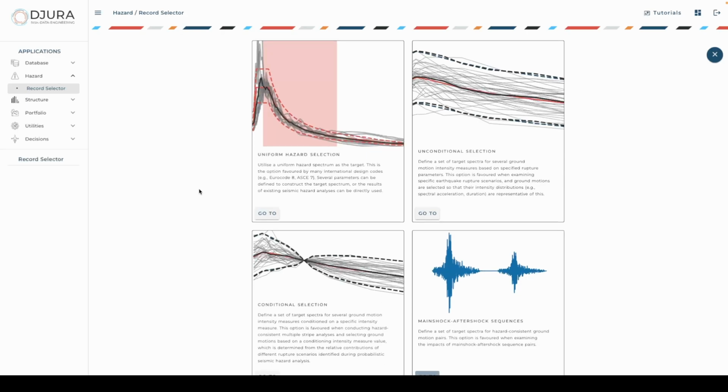In a previous video, we've looked already at the uniform hazard selection, where the main focus is trying to select ground motion records according to what the building codes require. And we saw a couple of examples from around the world about how we can do that pretty easily using the tool available there. So today we're going to focus on this one here on the right hand side called